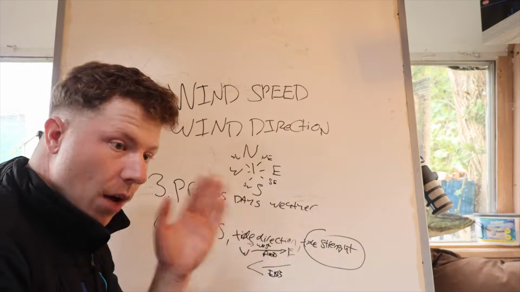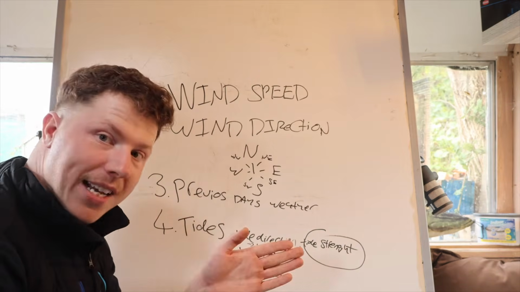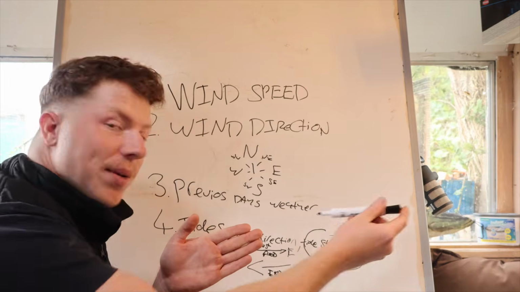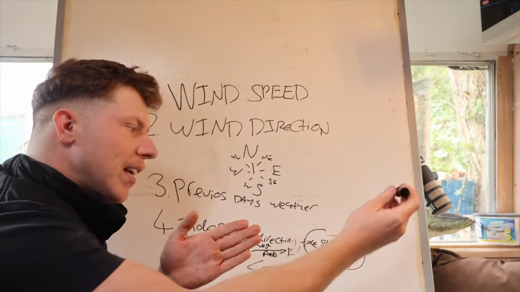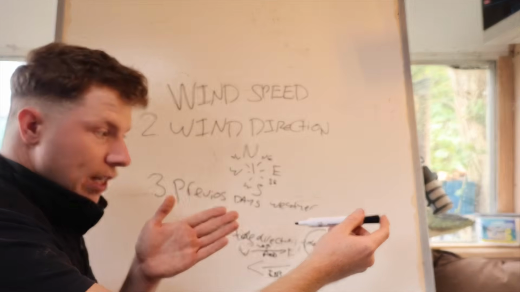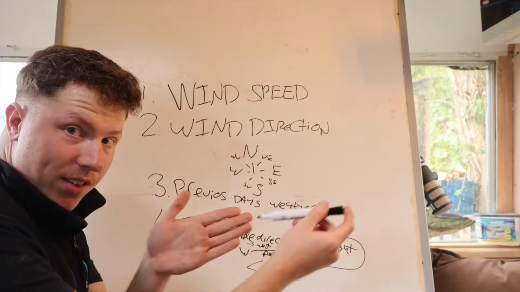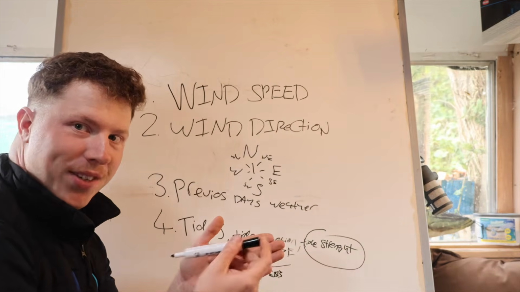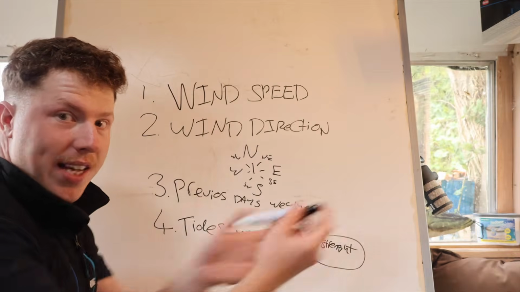So if the tide is going to the east, alright, so it's flooding, and then you've got an easterly wind, I've got to make sure I get this right now. If you've got an easterly wind and a flooding tide in Eastbourne, it's going to be wind against tide, yeah, because you've got easterly winds coming towards the west, and your tide is coming from west to east, so they're